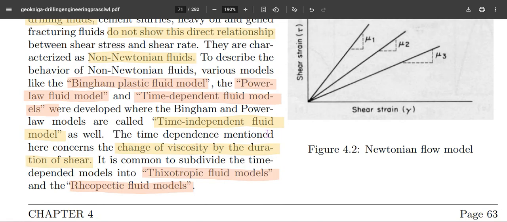Time-dependent fluid model in the sense that there will be a change of viscosity as there will be a change of the shear during the time duration of that shear. Time independent doesn't happen with respect to the change of shear with respect to the time durations. So again, the time independent are Bingham plastic and power law fluid, and time dependent can be again classified as thixotropic fluid models or rheopectic, like the Herschel-Bulkley model, which isn't described in the book, possibly will try to describe later. So here mostly the covered topic will be time independent non-Newtonian fluids like Bingham plastic fluid model and